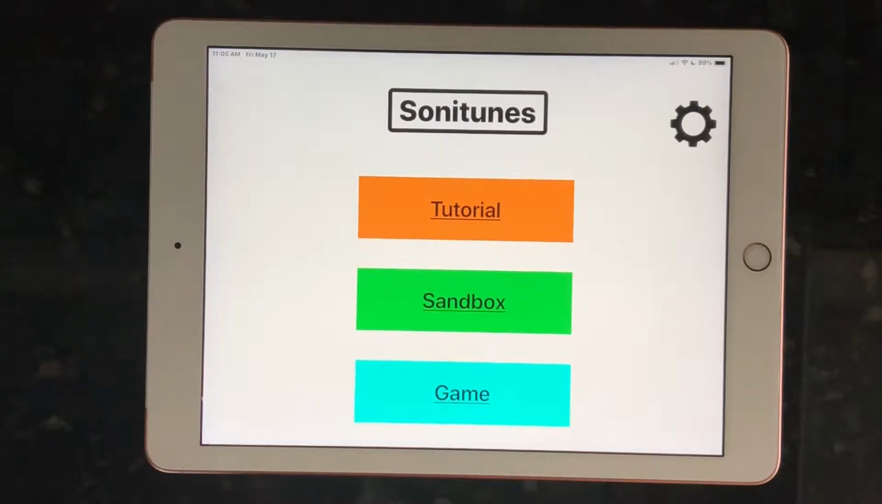This is a video demonstration of the beta version of Sonitunes. Sonitunes was created by a student team at the University of North Carolina. The goal of the app is to create sonified lines to enable students with visual impairments to be able to find and follow digital lines, to create their own accessible digital lines, and then to apply these sonified lines to